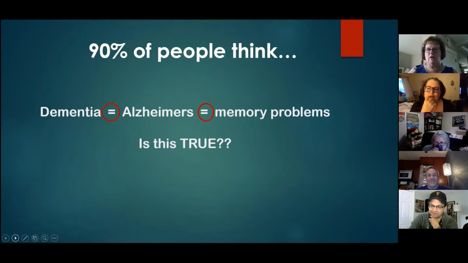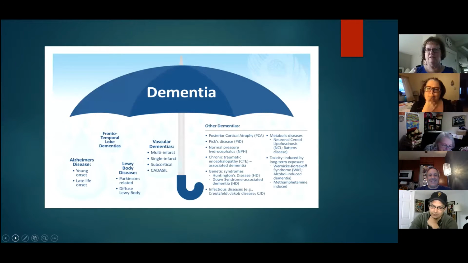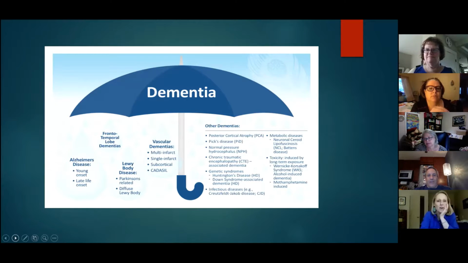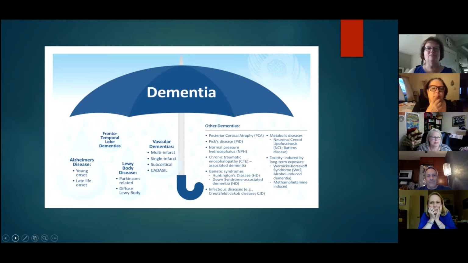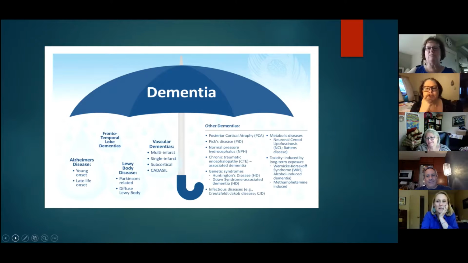I thought I would show our umbrella just to give us an idea. What do you see here on this screen? Where is Alzheimer's? Oh, it's one of them. It's one of them, right? Yeah, so there seems to be quite a lot, don't there? Yeah, my goodness. Do you guys have any idea how many types there are? Is it more than 100? More than 100, I think, yeah. We can't even get them all on this page. Wow. But we see that there are 4 types that tend to be more prevalent than others.